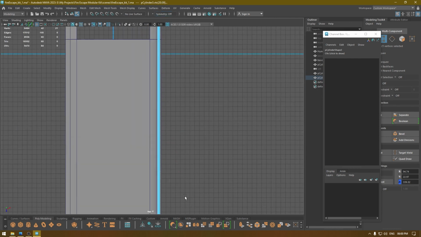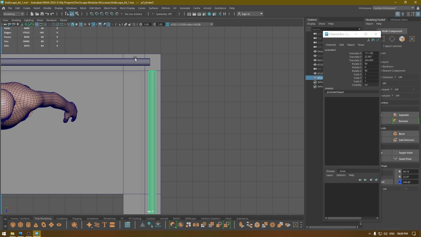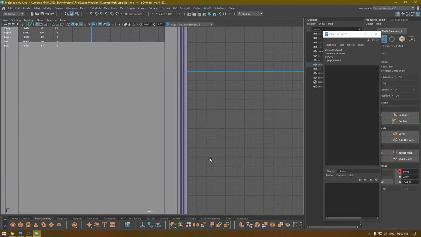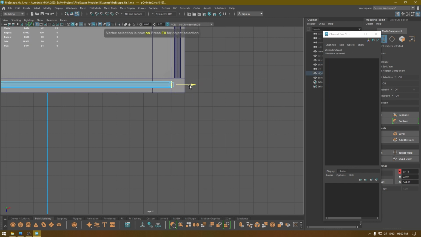Something like this. Now we need to bridge these pipes here, but I think the bridging would be an issue if we don't cut down the length of this pipe. So I'm going to push this back till here, and do the same for this one. Push it back,